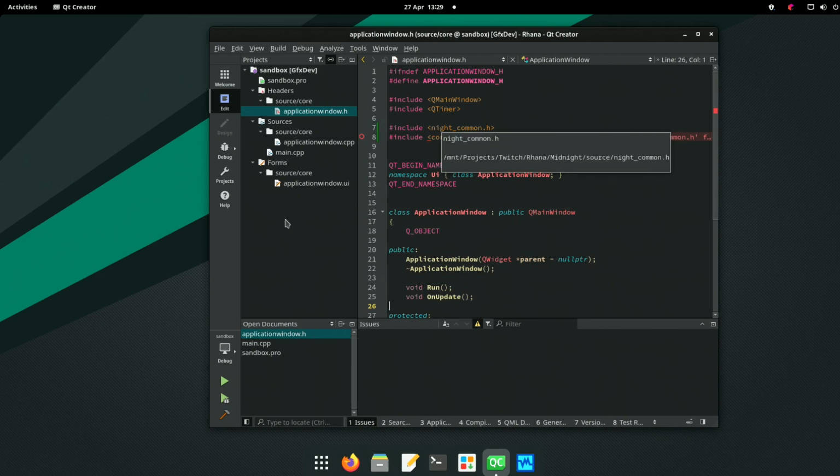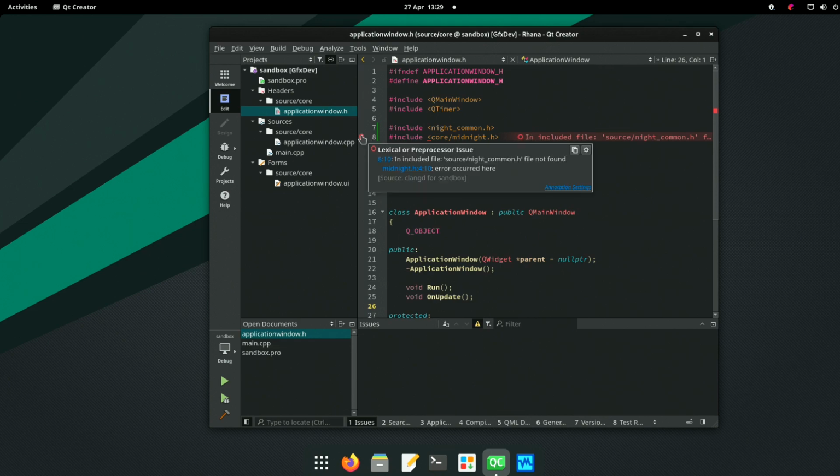Night_common. I shouldn't be affecting night common. Oh right, in include file, source night common.h, file not found. Error occurred here.